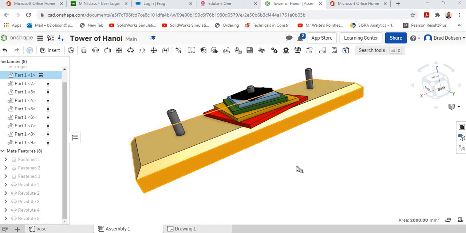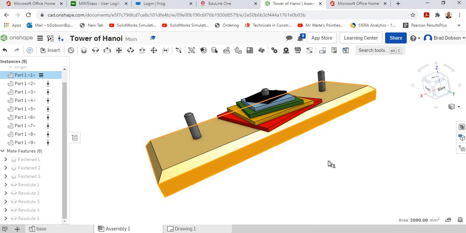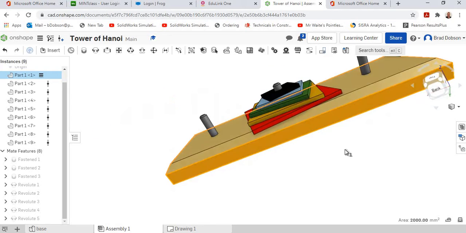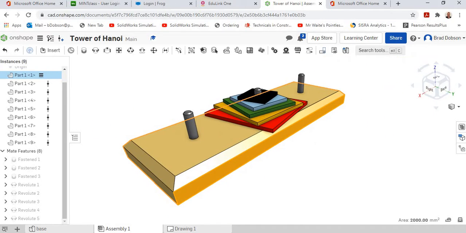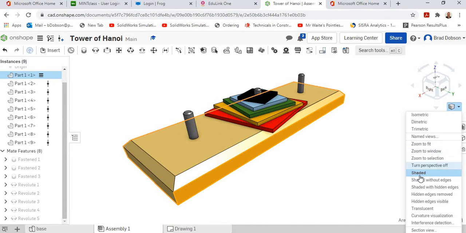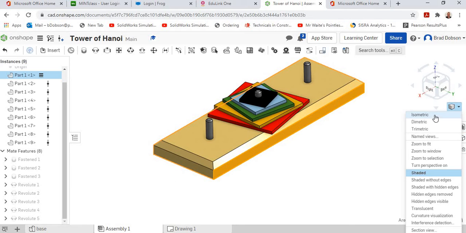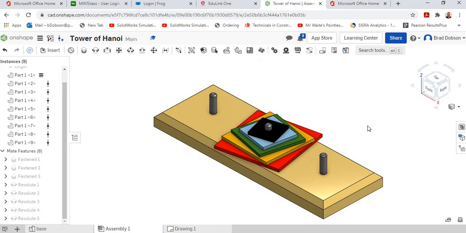Okay, so hopefully we're a little bit more confident around how we can create different views of our Tower of Hanoi, all that type of thing. I'm just going to take mine back to standard isometrics. I'm going to turn perspective off and put it in isometric. Like I say, the next thing we're going to have a little look at is how we can do an